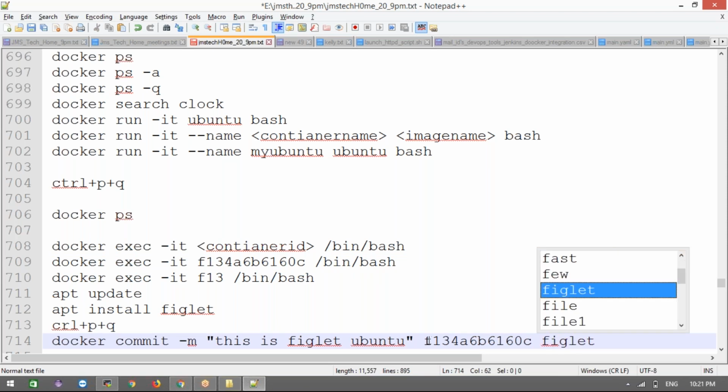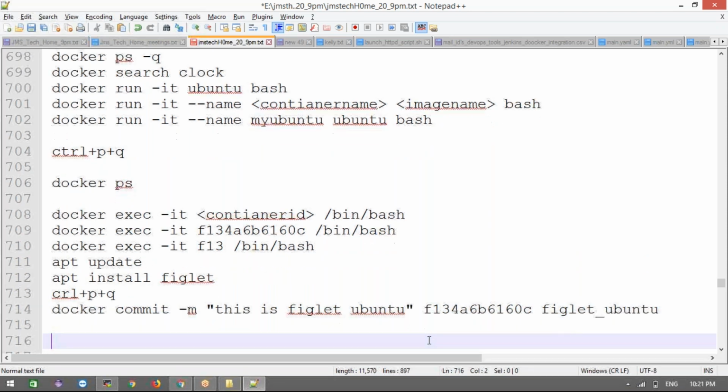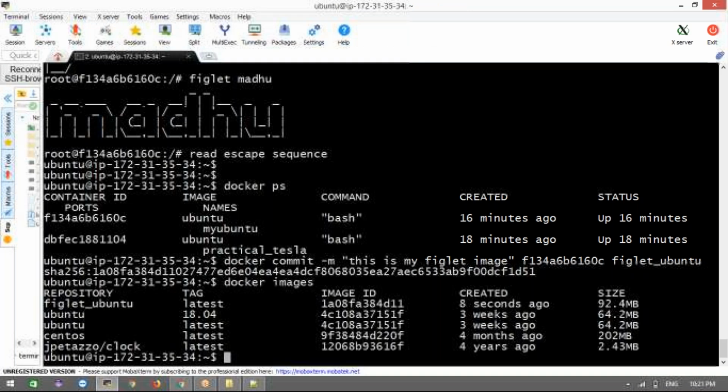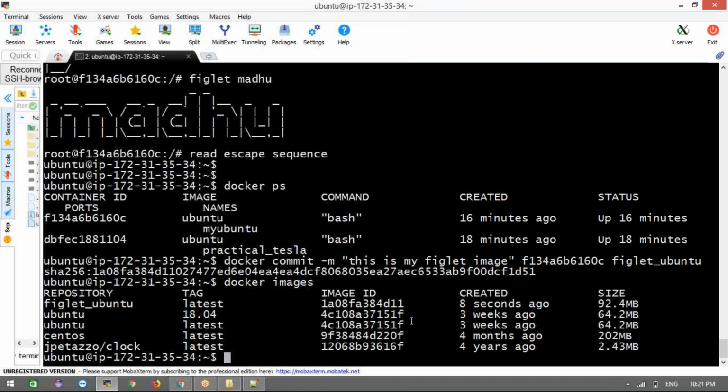This is the new image name that I want to name as figlet Ubuntu. For the purpose of understanding, I'm making a new image. Clear, right? Clear, guys? Any questions on this? All are clear, right?